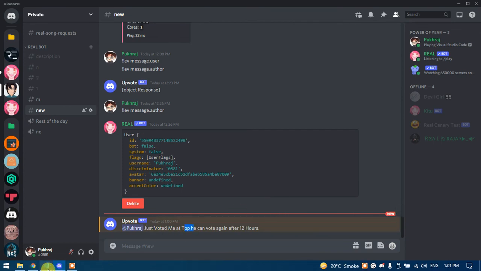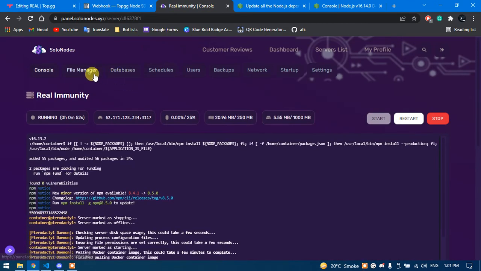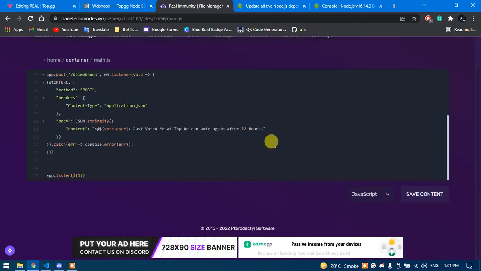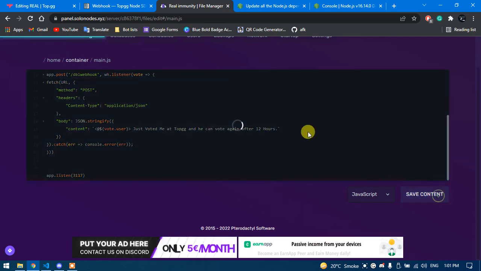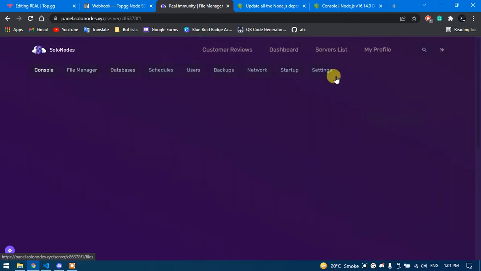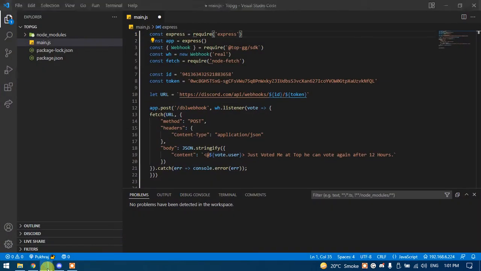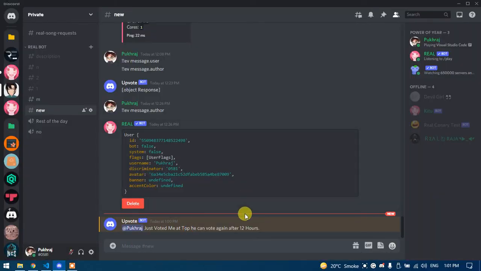Okay, I missed something, sorry for this. In main.js, here I missed Top.gg, and he can vote again after 12 hours. Okay, I'm going to restart the server. You can choose any message which you want. This is too simple, and if you want the same thing which is in a real bot,